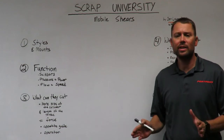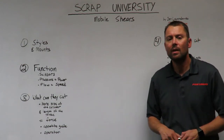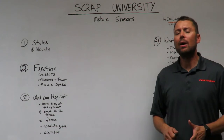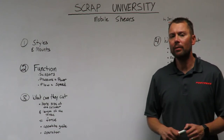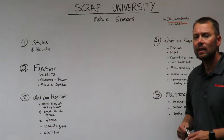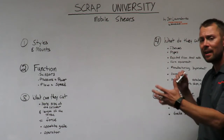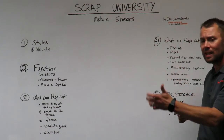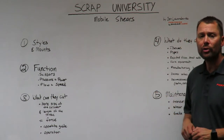The other style is a straight shear. That, simply put, is a shear with no rotation. There are a couple different ways to mount a mobile shear. One is a third member mount. A third member mount is out on the end of the stick of the excavator. An excavator has a boom, a stick, and an attachment. If you take the attachment off and put a mobile shear on there, that would be a third member mount,